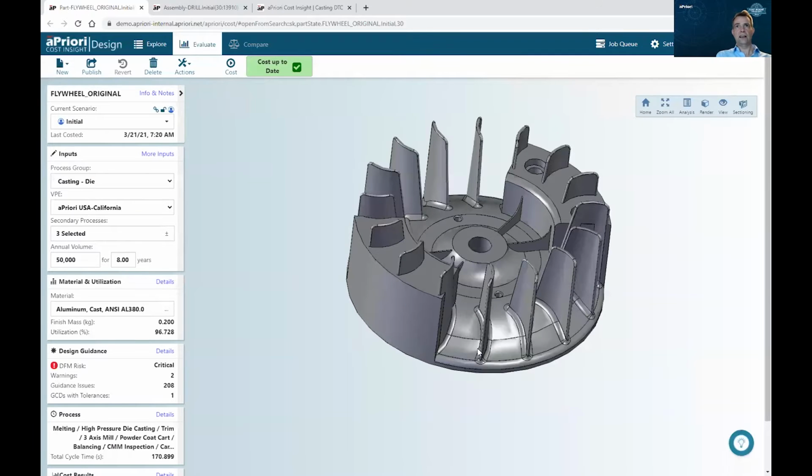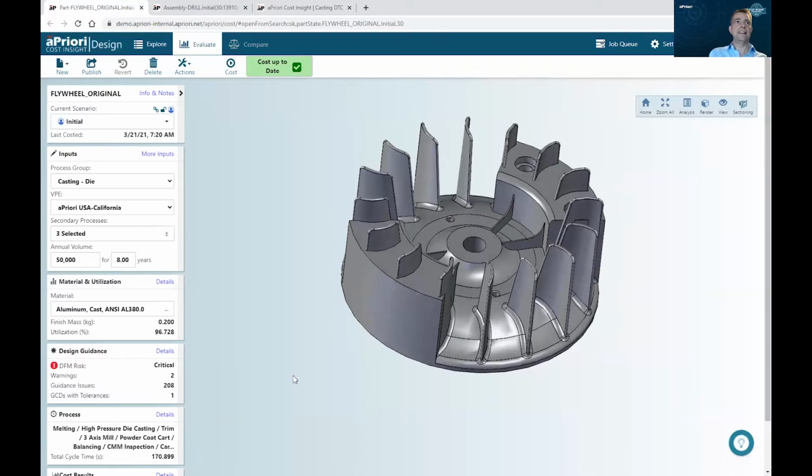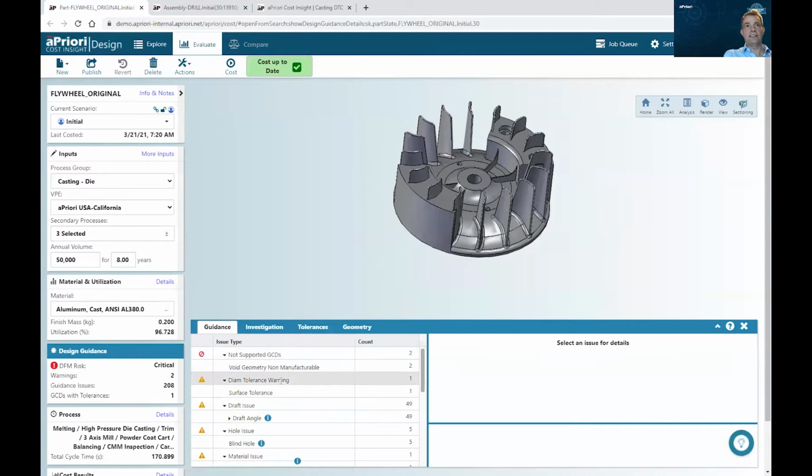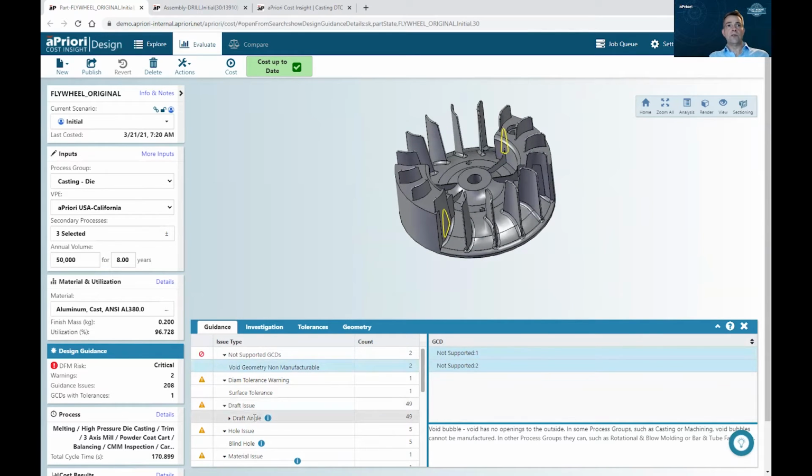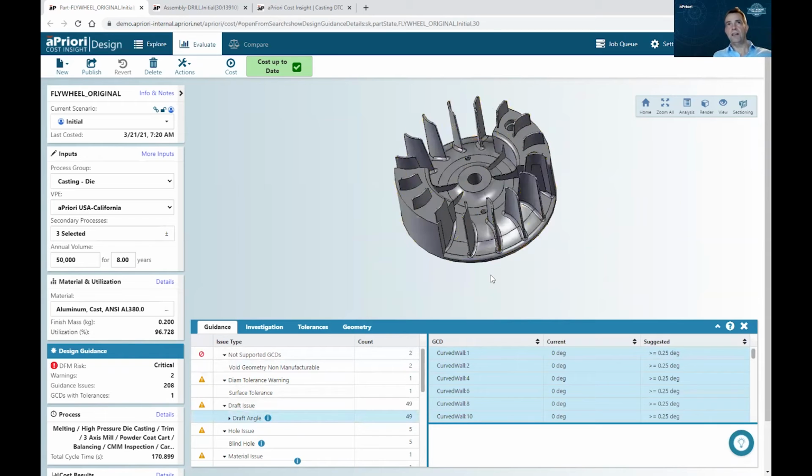So this is the simulation that's performed on a piece part that gives guidance back to the design teams. Those guidance issues are things that we should consider now, like things that are impossible to manufacture, or things we've not considered, like draft angle, that will ultimately result in engineering change orders or supplier discussions that just take away from the business of innovating. So if we know these early on, because aPriori tells us them, we can address them before we commit to critical design stages, and we can avoid late stage change, which impacts our ability to innovate.